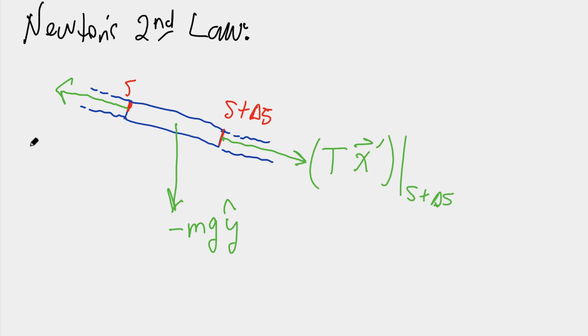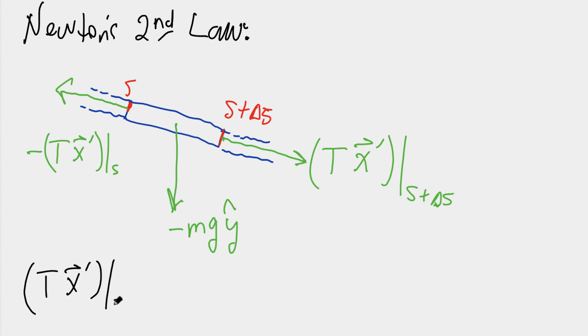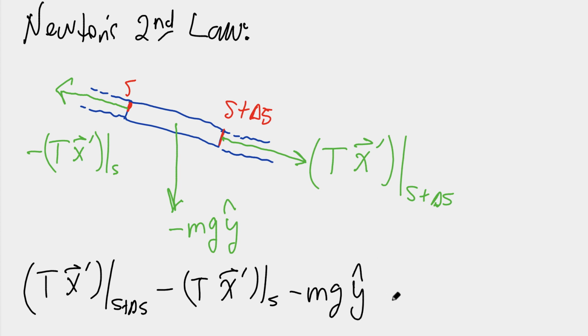And likewise, this force vector is minus T times x vector prime evaluated at s. And the reason for the minus sign is because, remember, x vector prime is the unit vector pointing along the chain, but it's pointing in the direction of increasing s, so it's pointing in the opposite direction to this force vector. And now we can apply Newton's second law. The sum of these forces is T times x vector prime at s plus delta s minus T times x vector prime at s minus mg times y hat, and that equals the mass of the segment